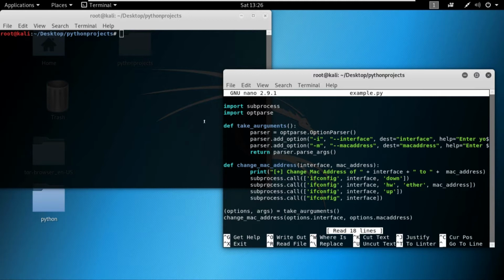In this video, we'll put what we have learned about the if condition to the test practically. So let's get started with first understanding what we did previously. We created this program which takes some arguments for interface and MAC address and then changes the MAC address for that specific interface. So in this video, what I'm trying to do is add some logic to my program,